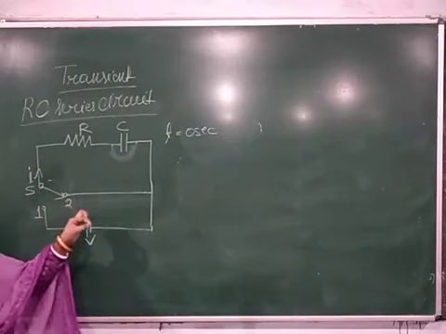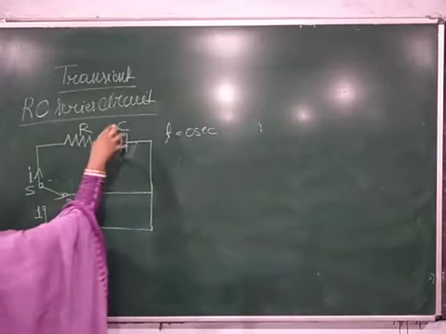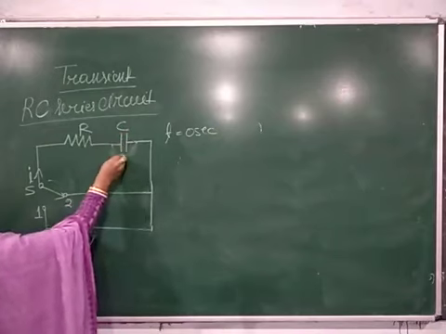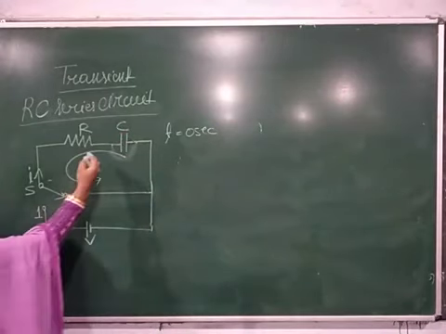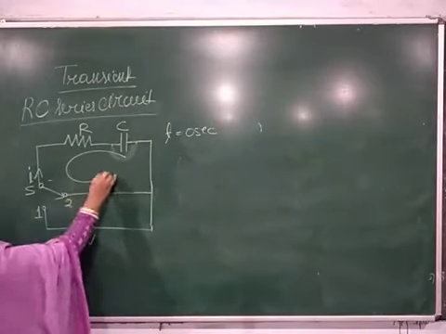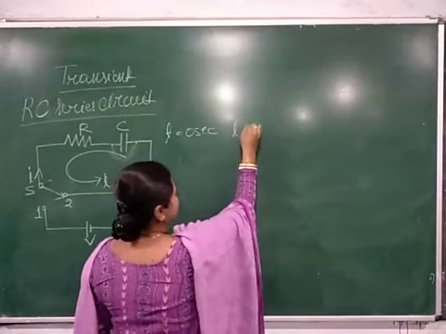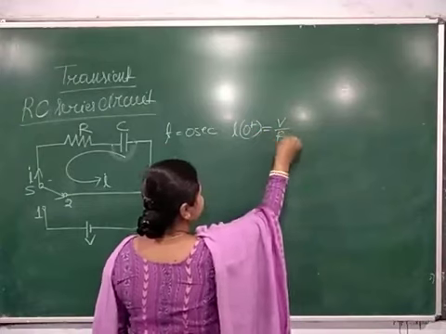And at this instant, what happened? The current which was stored by this capacitor is discharged in the opposite direction. Now it discharges from the capacitor through R, and in this way it closes the circuit. And what is the value of this current? Just after switching, the value of this current is V by R.